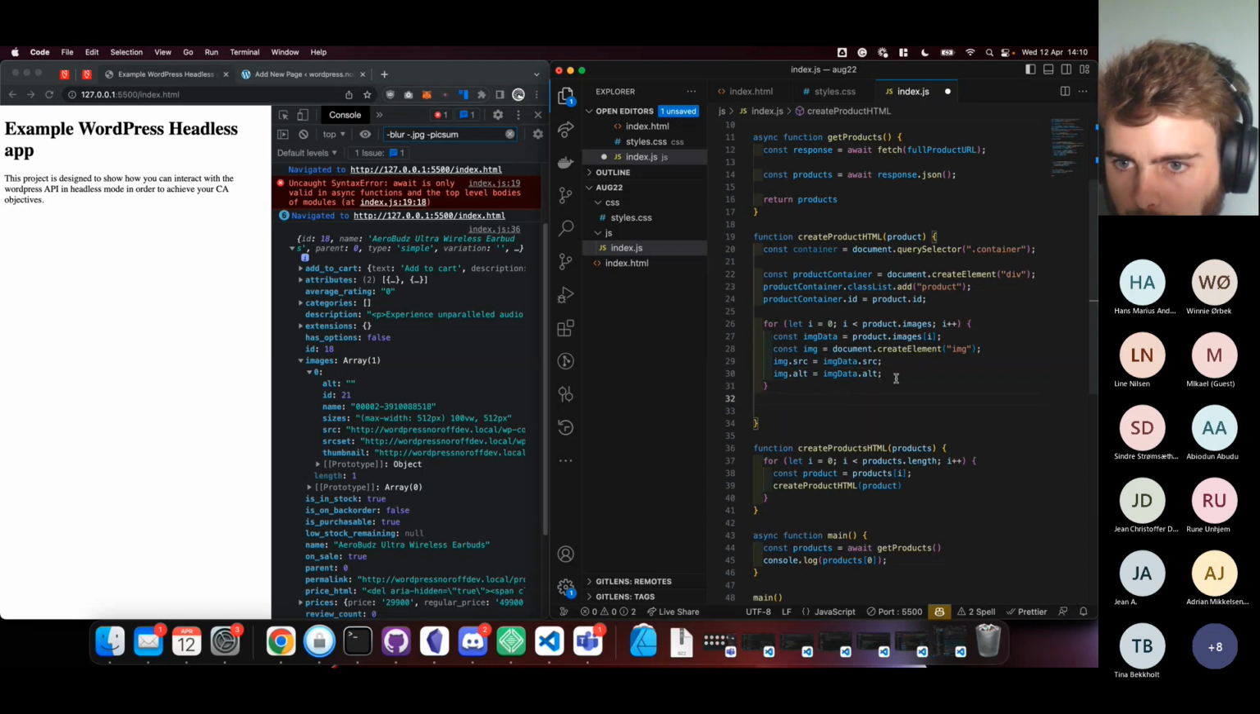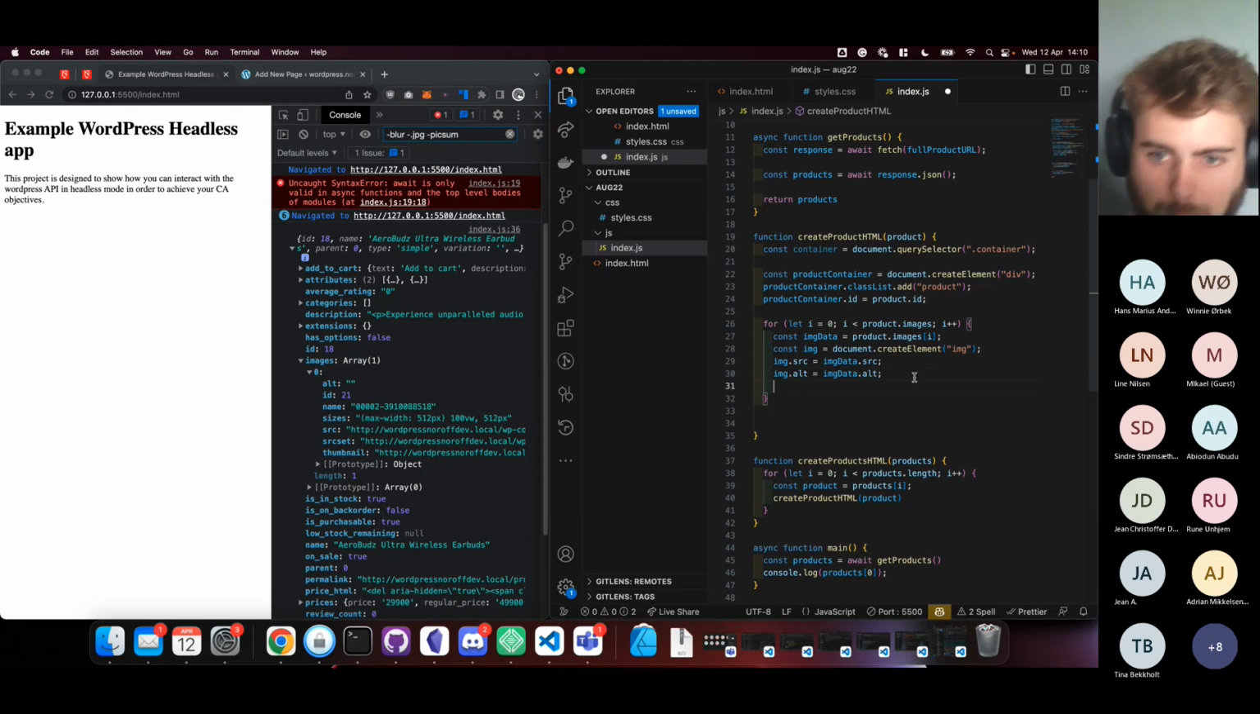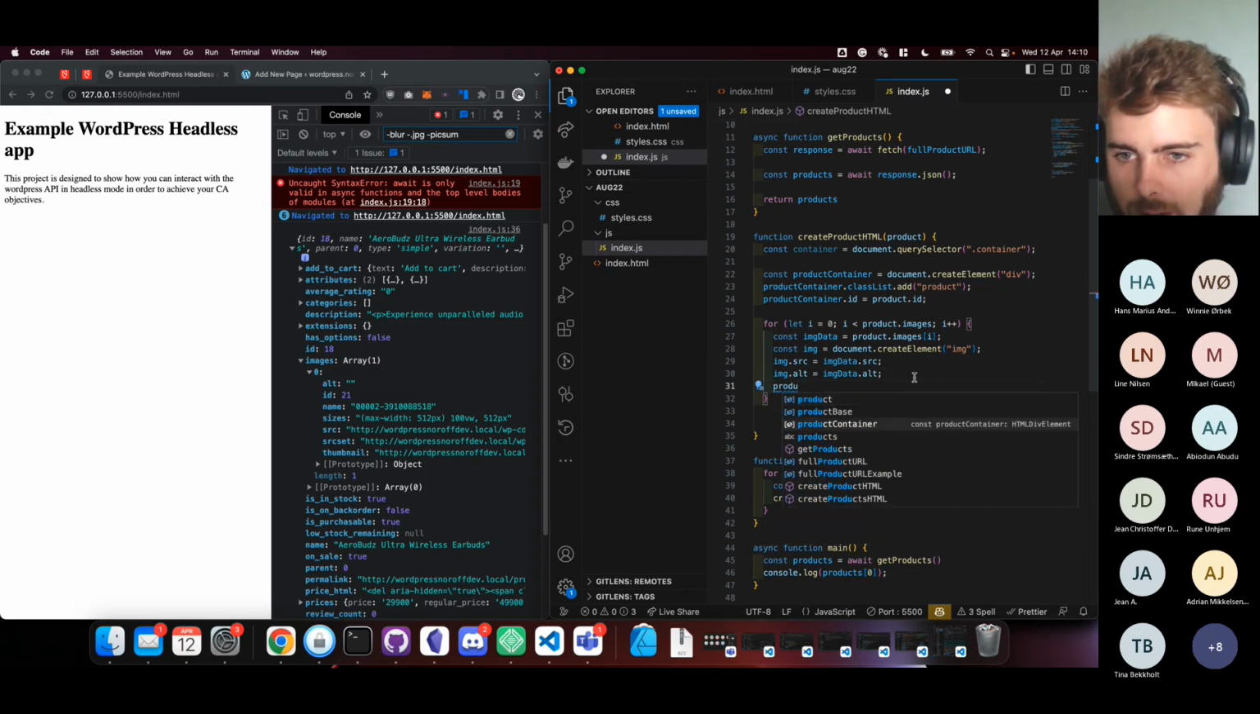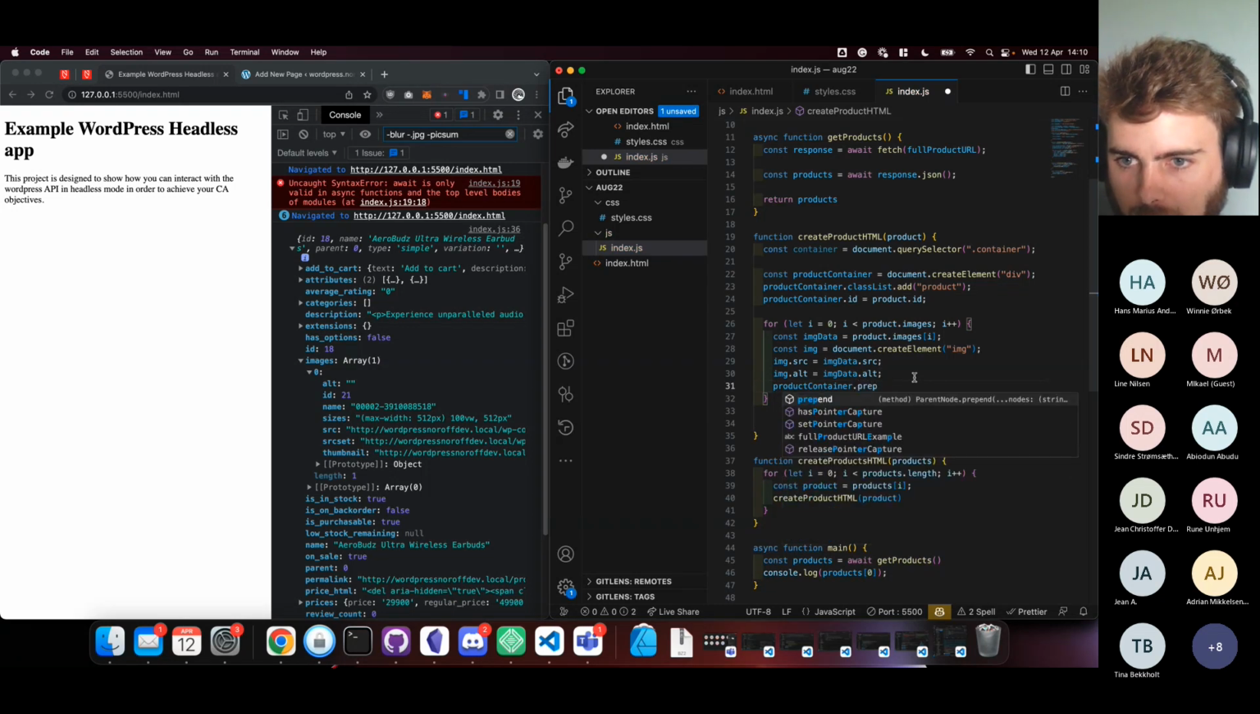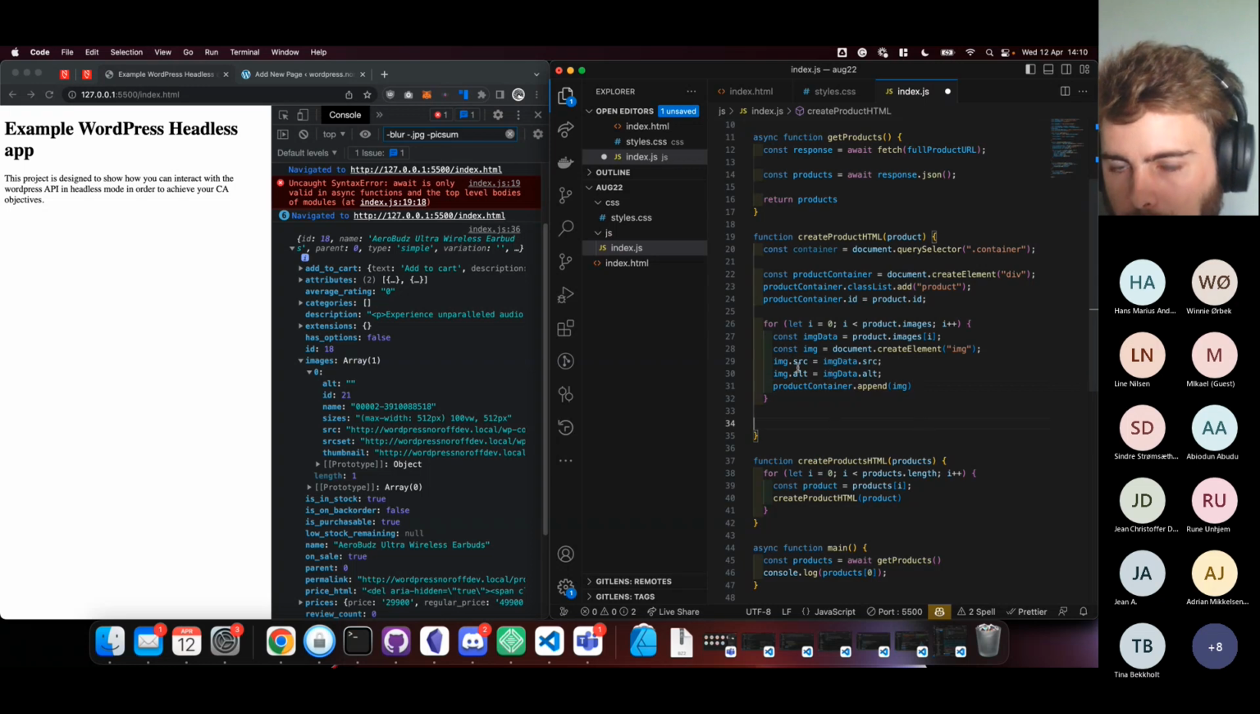Okay. What do I need to do? I need to append, or add. Append just means add to the end of. So you can prepend, that means add to the beginning of, or you can append, which means add to the end of. So what am I saying in this code? I'm saying create a div, add the class product to that div, add the ID to that div. Then for each of the images in this response, create one image tag, set the source, set the alt, and then add that